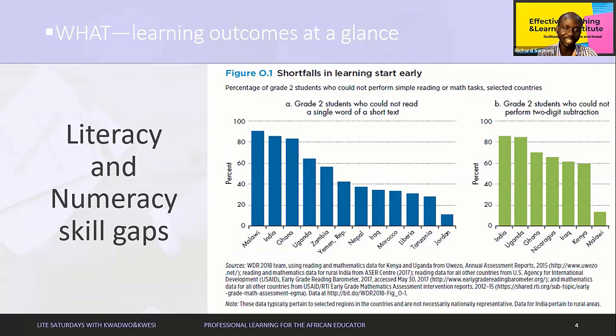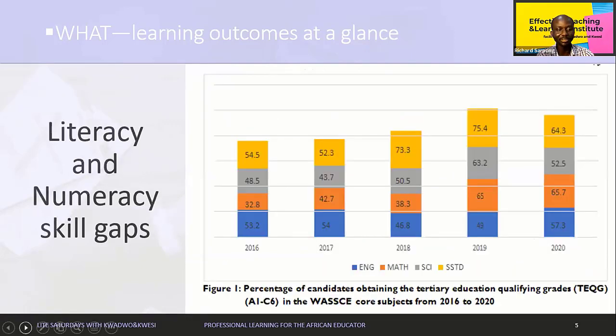But I think the heart of it is that there are clearly numeracy and literacy skill gaps very early in the phase of our educational system. So let's look at the secondary level. I mean, that's the primary. If you look at the secondary level,